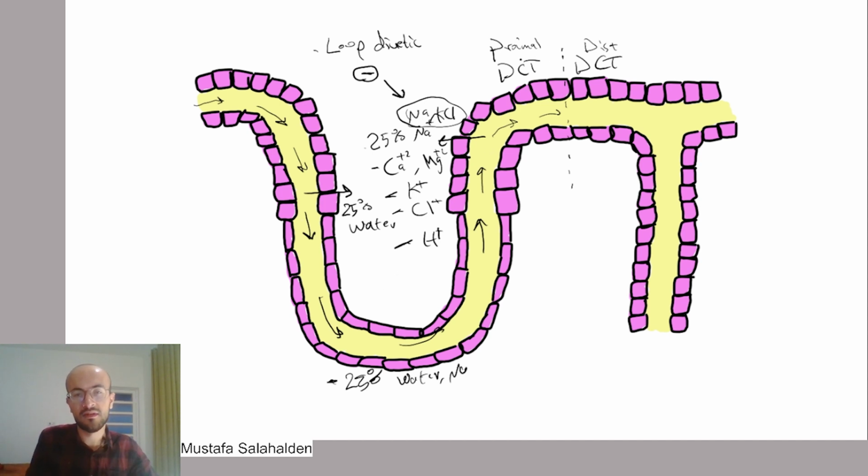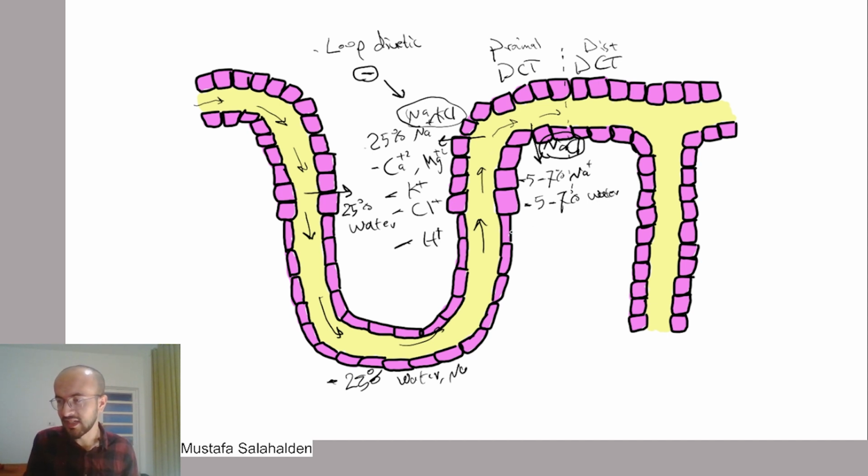In the proximal part, we would reabsorb about 5 to 7% of sodium, and that's by the NaCl transporter. So the NaCl transporter here in the proximal distal convoluted tubule would reabsorb 5 to 7% of sodium, and also, as you could imagine, the water moves with the salt, so we would also get 5 to 7% reabsorption of water,